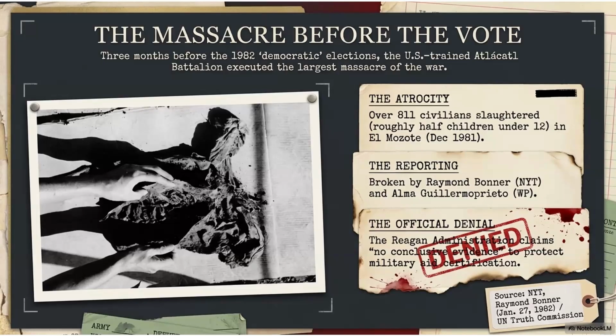So when we see later in 1982 the elections presented through the language of turnout, courage, and democracy, El Mozote forces us to ask what kind of political environment those voters inhabited. The battalion was not just a random criminal group, it was part of the Salvadoran military structure and had received US training. This matters because the same state being legitimized through elections was also conducting counterinsurgency violence against civilians. So El Mozote is not separate from the election story. It's part of the hidden background that makes the election image morally unstable.